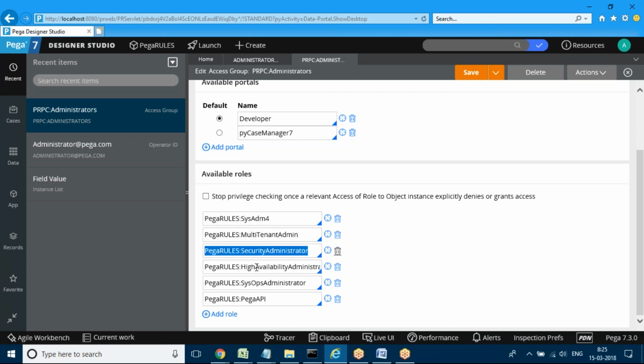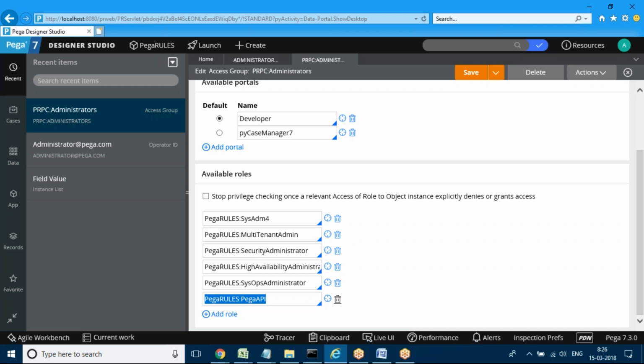If he is a lead, he will also have the high availability administrator and system operator administrator roles. If it is a technical architect, some API role will also be given. So based on the seniority of the developer, the roles will be given to the operators. Every developer cannot have the same roles; every developer will have different roles.